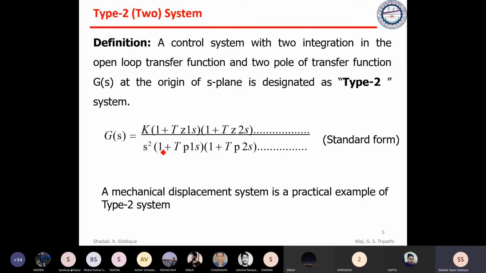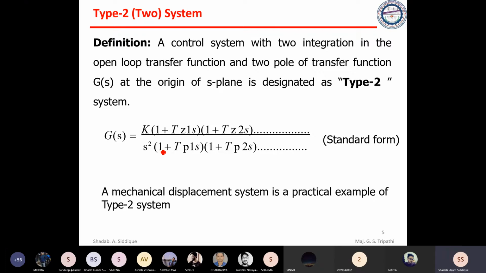Then we went through steady state error. The steady state error can be found using the formula e_ss equal to the limit t tending to infinity of e(t); we substitute e(t) and take t tending to infinity. So it depends on the zeta value. If zeta is less than 1, then what will happen? If zeta is equal to 1, then what will happen? And if zeta is equal to 0, then what will happen? We also found the time constant of the transfer function, T equal to 1 by zeta omega_n.